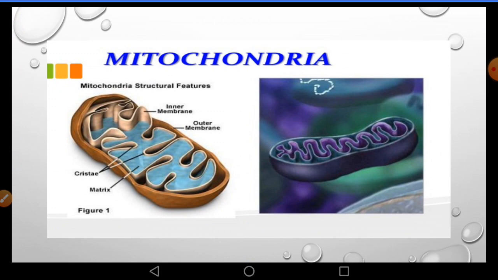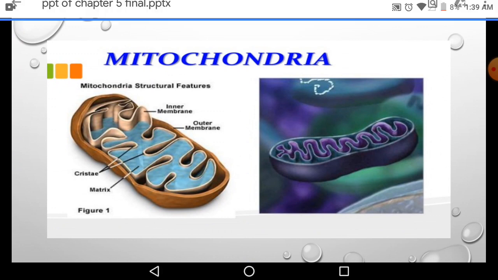एनर्जी कहाँ से आता है? The cell gives energy, और सेल को एनर्जी कहाँ मिलता है? From mitochondria in the form of ATP, adenosine triphosphate. Now ATP is known as the energy currency of the cell. The body uses energy stored in ATP for making new chemical compounds and for mechanical work. Mitochondria have two membranes.